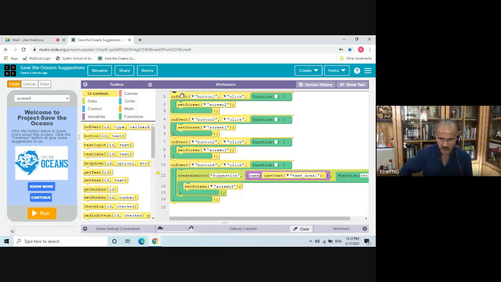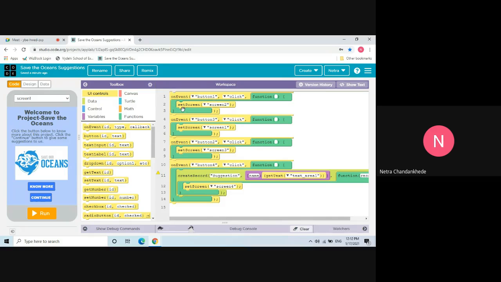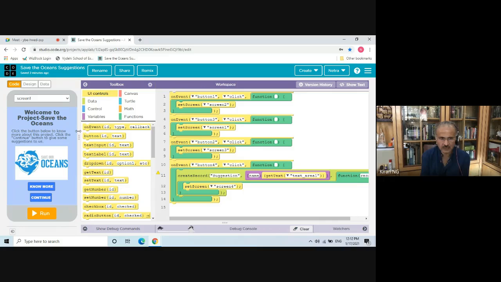Yes, we have to recycle. We cannot keep throwing plastic bottles. Eventually, it will end up in the ocean. So we have to keep reusing and recycling. Yeah, that's a good idea. Sir, you told that we can use Jamboard also. I will come to that later. First, let's see what you have done here.